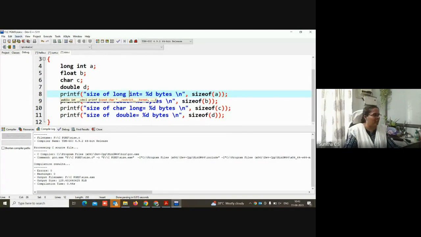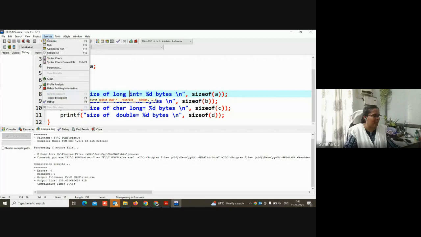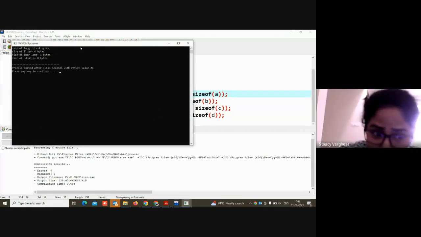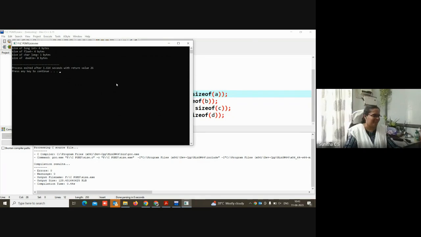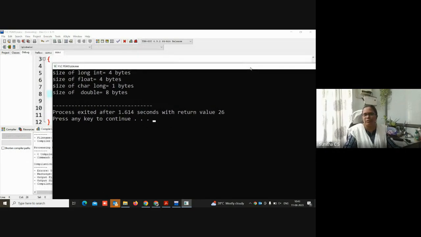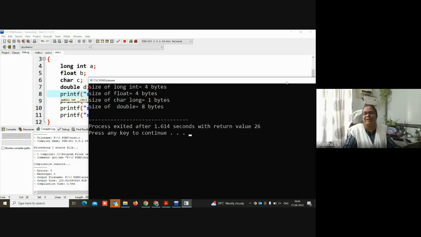So if we go for long int, what will you expect? 8 bytes, maybe. No, it will still be 4 bytes only. Long int also will be using only 4 bytes. That's why earlier we had long a having only 4 bytes. It was equivalent to long int a, but it was only having 4 bytes.